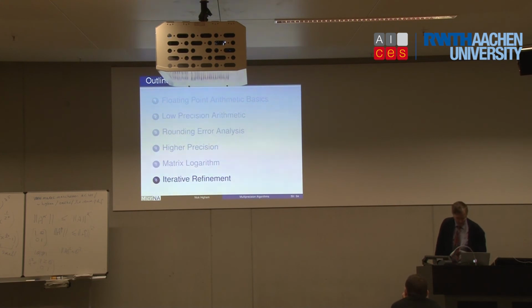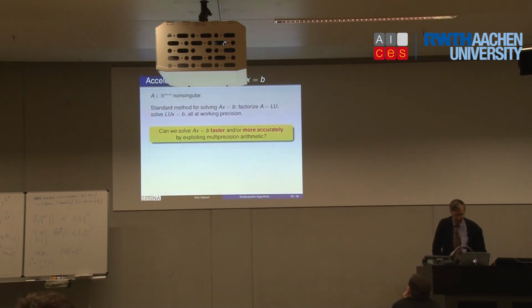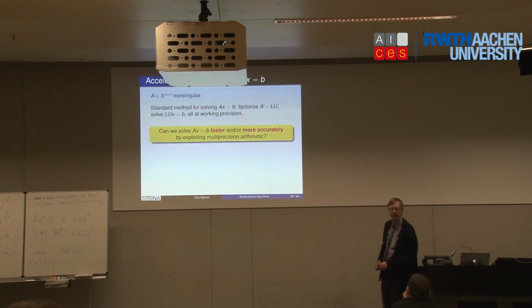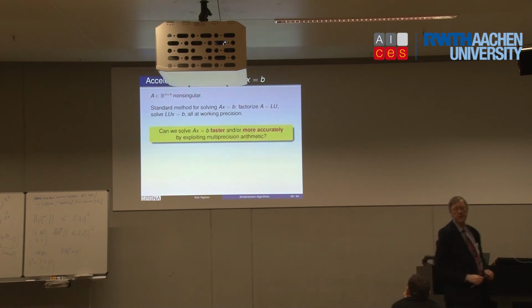Okay. So the final section is on iterative refinement. This is, I think, really practical stuff, because solving Ax = b is arguably the most important linear algebra kernel after matrix multiply. So, non-singular n by n A, I want to solve Ax = b. I'm thinking about LU factorization. So A could be sparse, but I'm assuming I can still factorize it. And the question is, can we do better